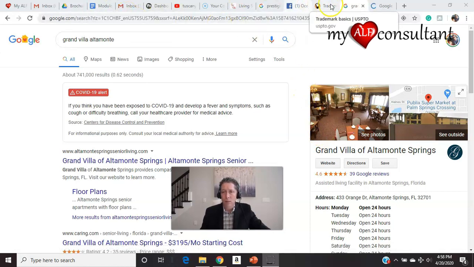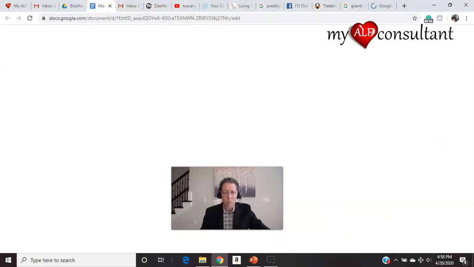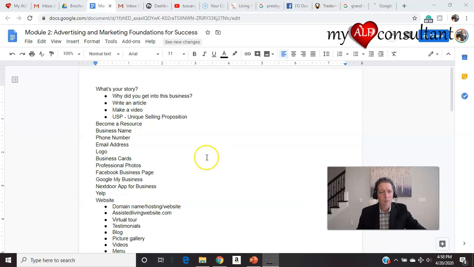Next is the Nextdoor app. This is something I haven't done. We're going to be doing it for one of the facilities we're working with, Sheila, our consultant trainer.